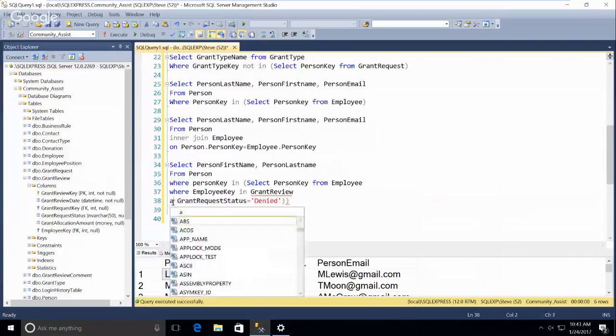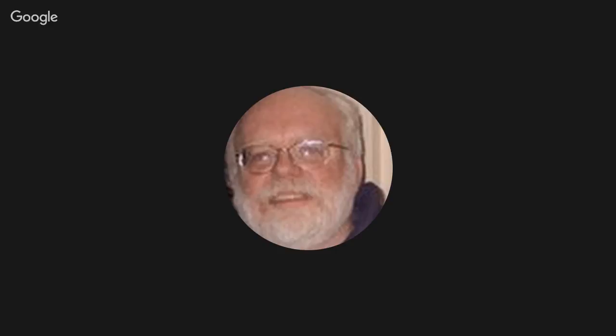So what we're doing is a get that where this in where a key, and then select employee from grant review where files would, and then this is kind of down just like for the